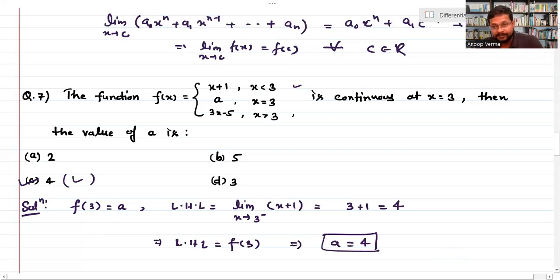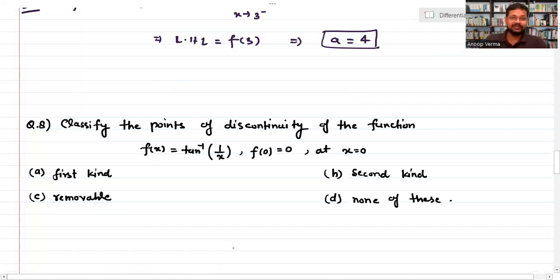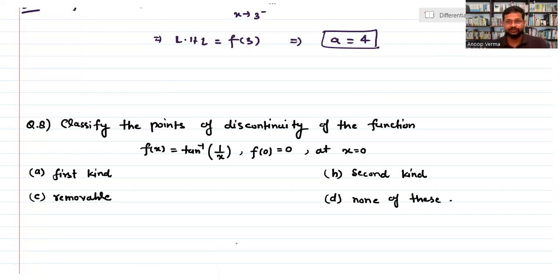Okay. नेक्स्ट आते हैं. क्लासिफाई द पॉइंट्स ऑफ डिसकंटिन्यूटी ऑफ द फंक्शन एट एक्स इक्वल टू जीरो। तो एक्स इक्वल टू जीरो पे हमारा फंक्शन किस टाइप की डिसकंटिन्यूटी को शो करता है। तो आइए जरा डिसकंटिन्यूटी को चेक करते हैं।